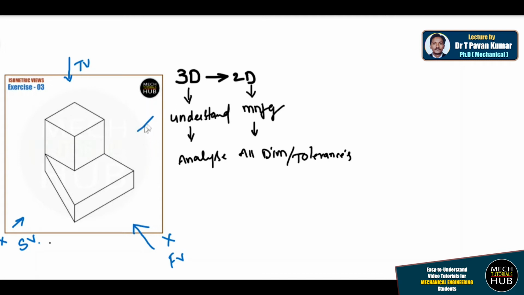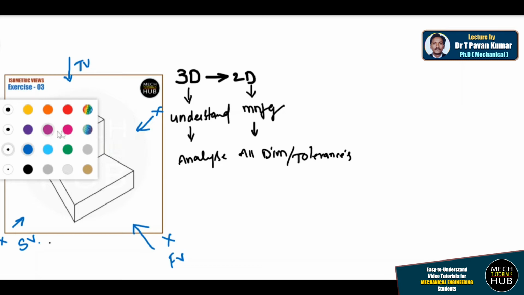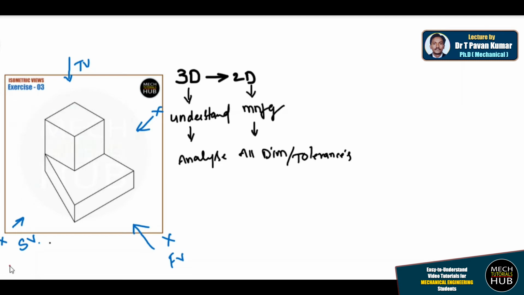Similarly, if the person is standing here and observing from here, whatever is visible is going to be drawn to the left side. That is the reason the right side view is going to be on the left, in case of first angle projection. Alright, we are following first angle projection only. So now try to understand, I'll just consider one more color.